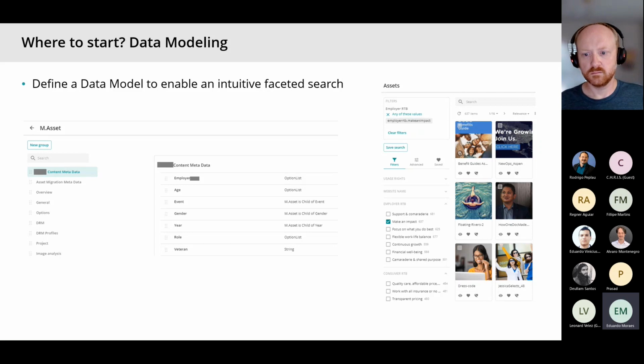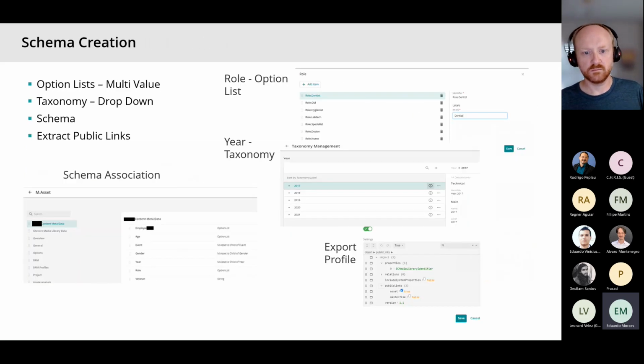With that in place, you will start putting together your schema. You go into Sitecore Content Hub, define all those different schemas, and assign them mainly to the m.asset, which is the main one for all those digital assets, but not necessarily.